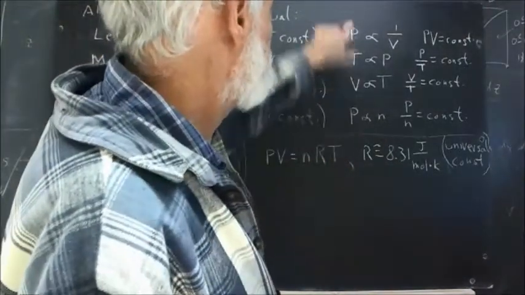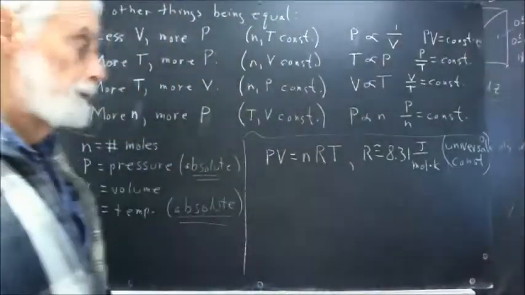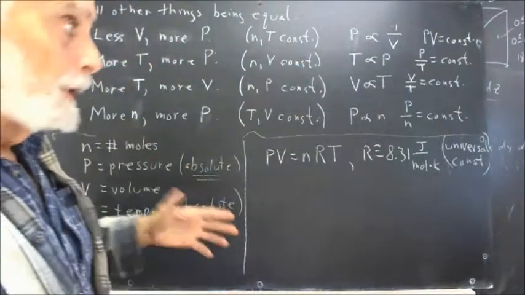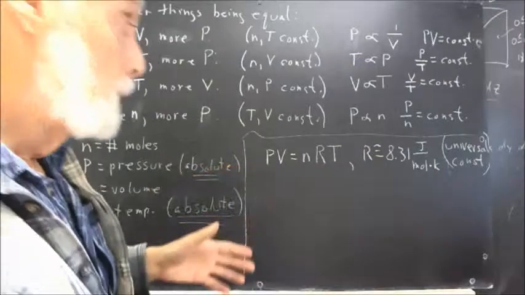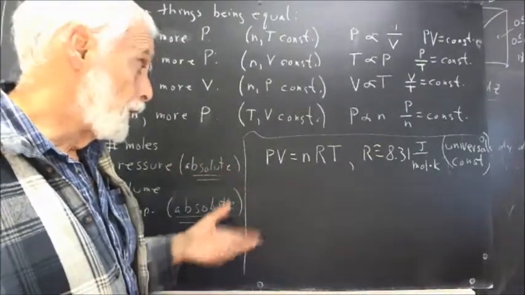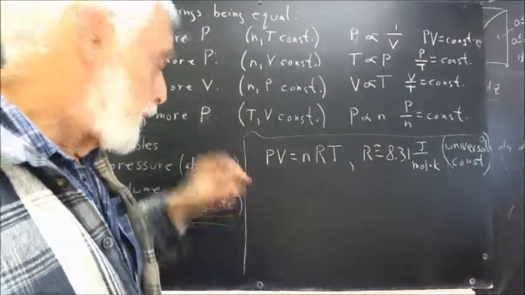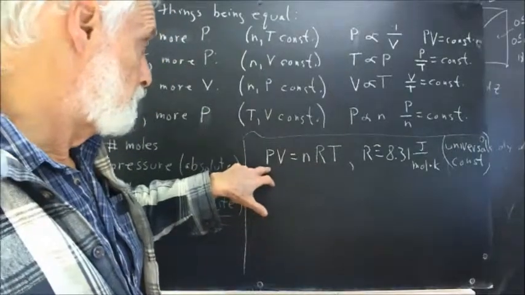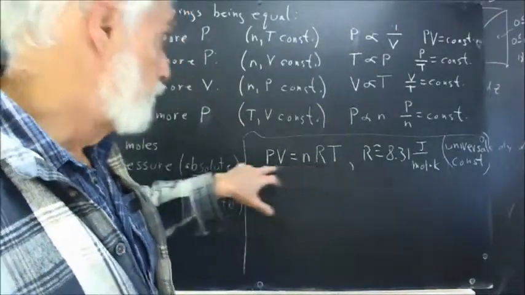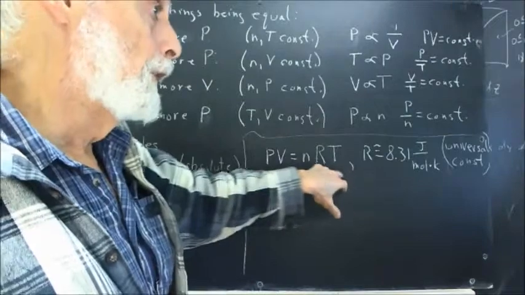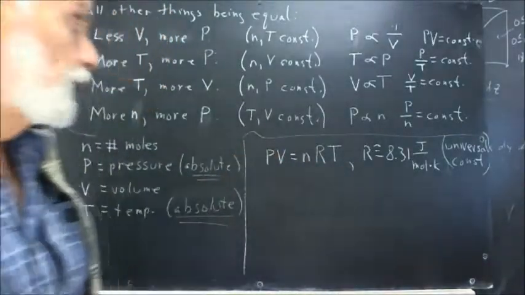Now, each of these proportionalities can be empirically observed. They were empirically observed a couple hundred years ago and tested, and we arrived at the variation equation, PV equals nRT. This is also called an equation of state. Okay,